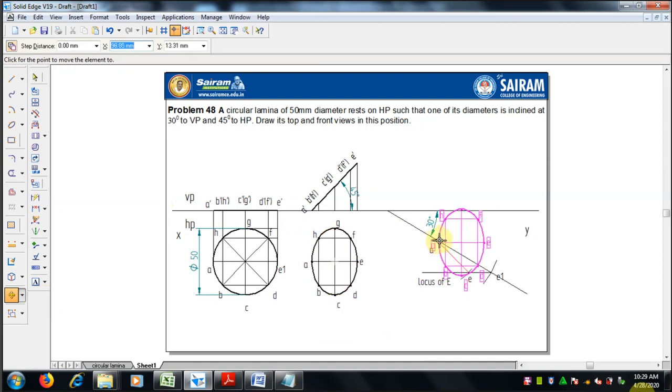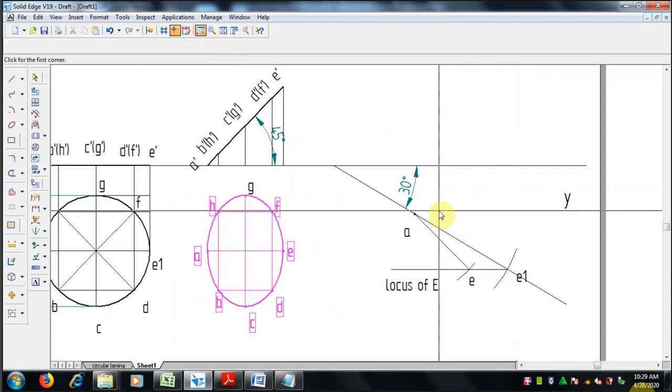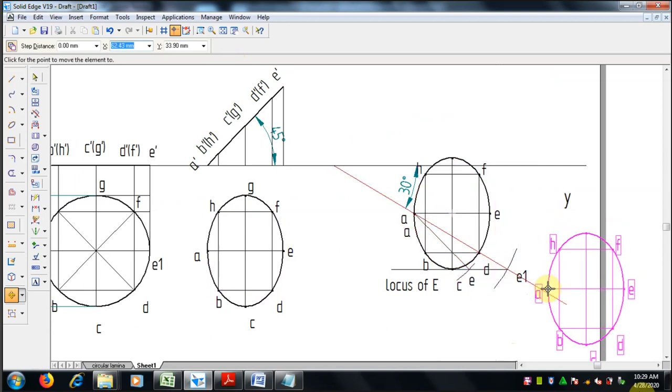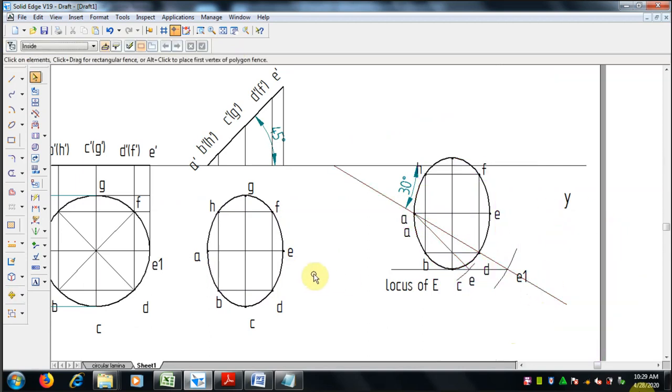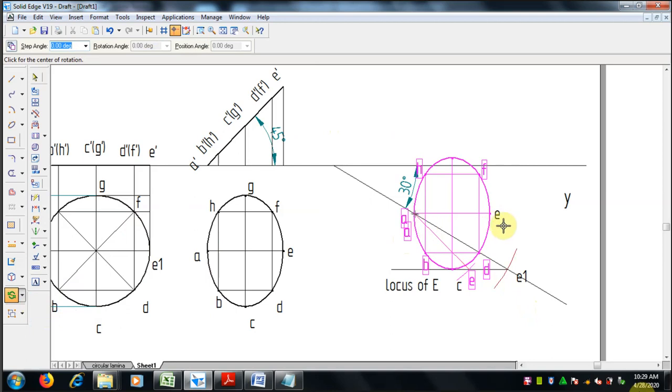Now AE should be aligned, so I am keeping A on the point of A. Already we started with A only, so this A should be mapped with that A. The end point of this line, if you select it, it will be easier to locate it. Next, that AE should merge with this AE. Select and rotate now.